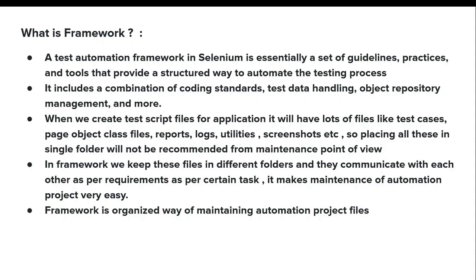Whenever we create any test automation project for any web application or any other application, we create multiple files. We create different test script files.